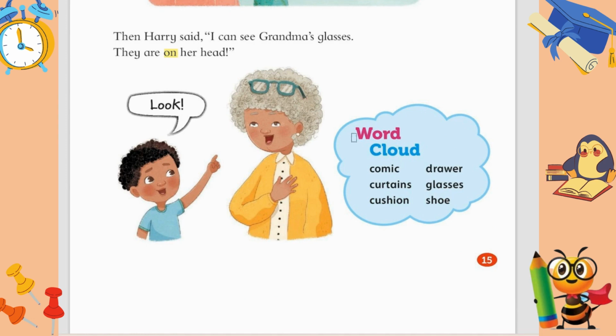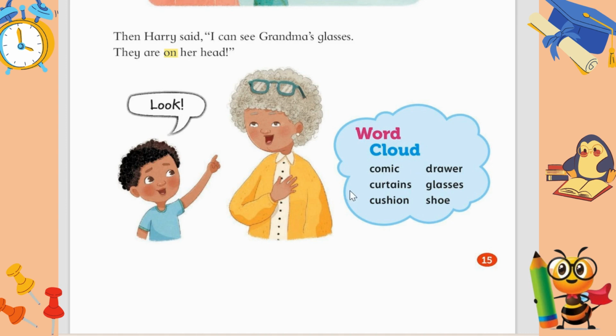So here are the new words over here. In this story, what do we learn? We learn the preposition, we learn some new words, we learn the story. And there is a word that we found, the new words. Comic. A comic is a funny storybook with cartoons. So the spelling is